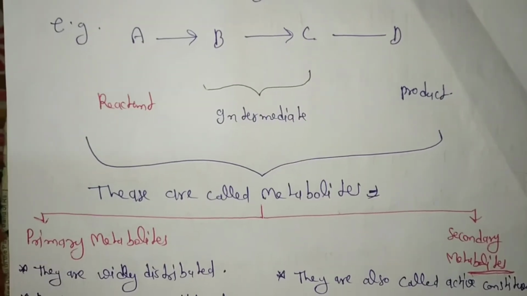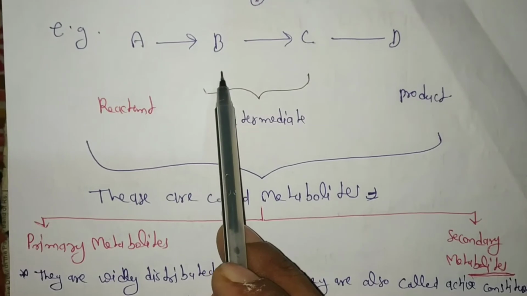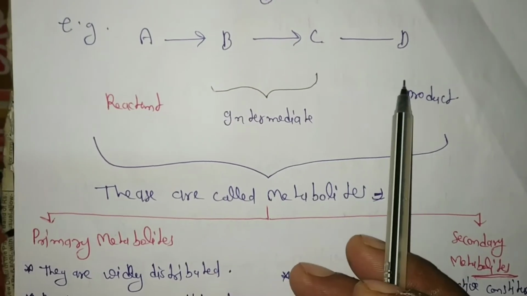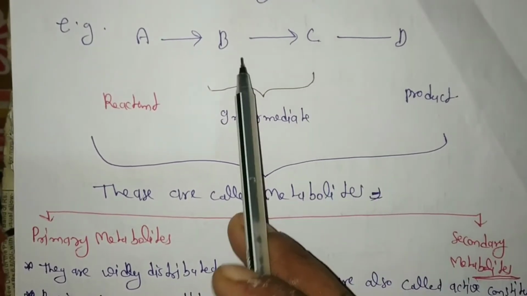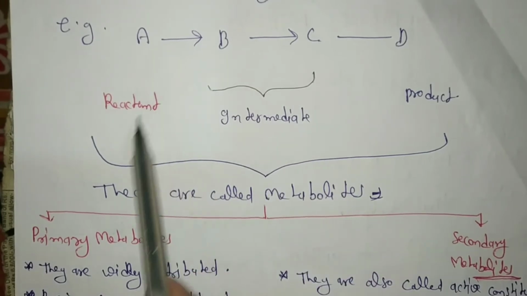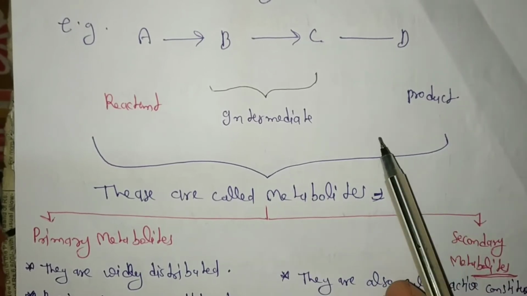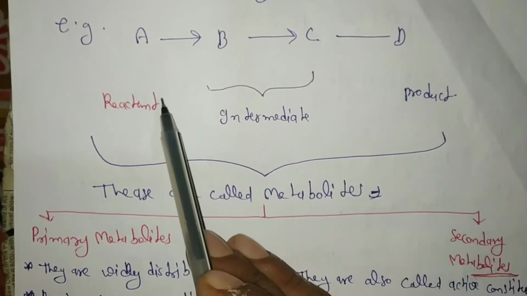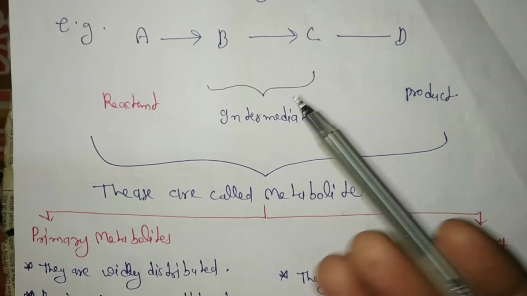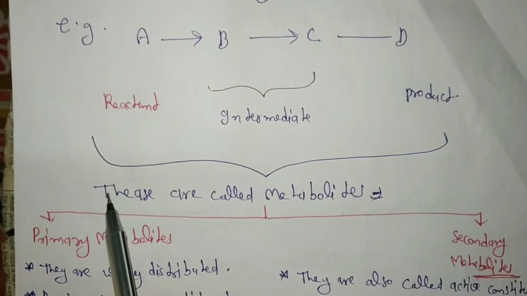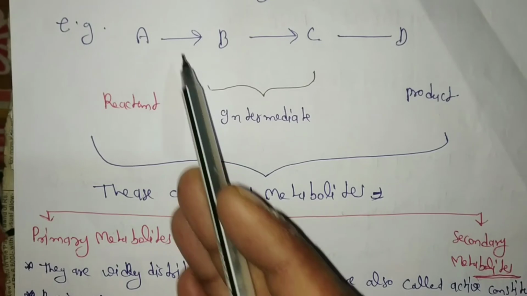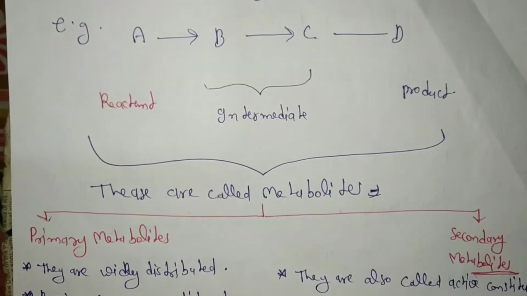For example, molecule A is converted into B, then C, and the final product is D, where B and C are intermediates, A acts as the reactant and D as the final product. They are all called metabolites. The route from A converted to B, then C and D is our metabolic pathway, and all the components are called